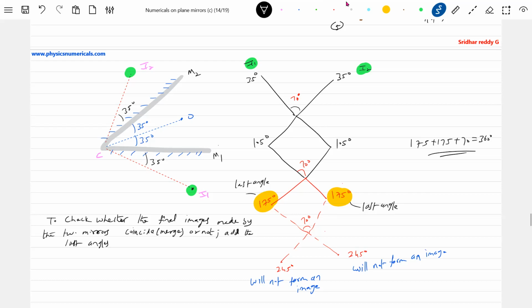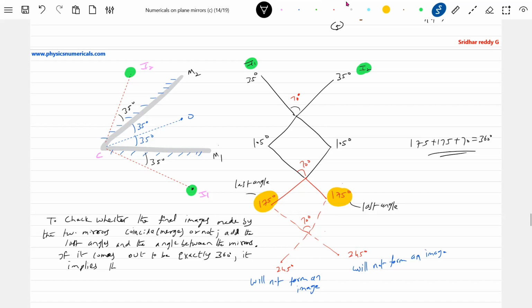Add the last angles and the angle between the mirrors. If it comes out to be, what should I write? Exactly, 360 degrees. It implies